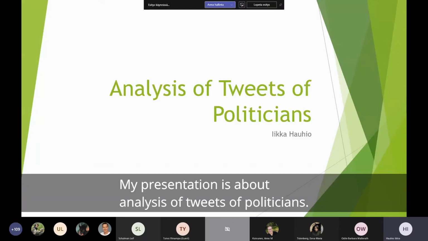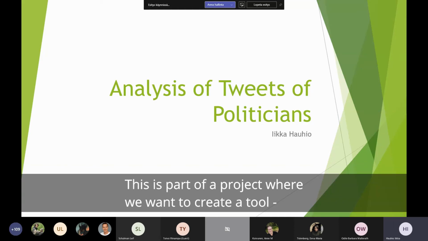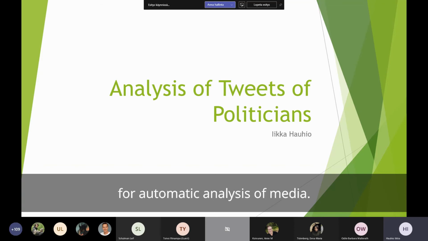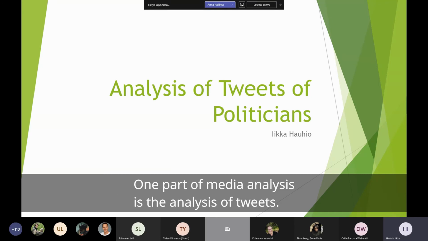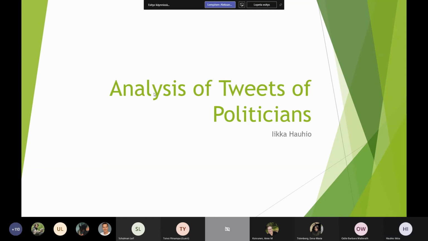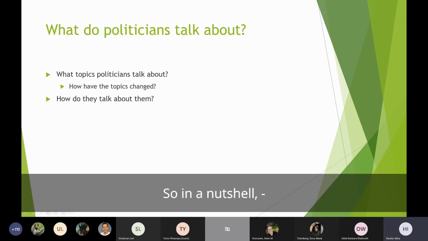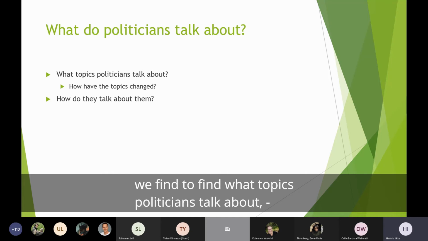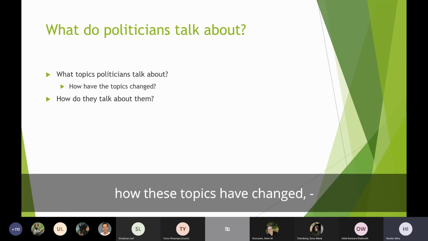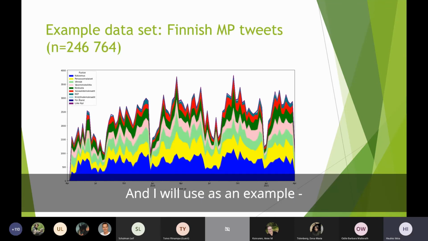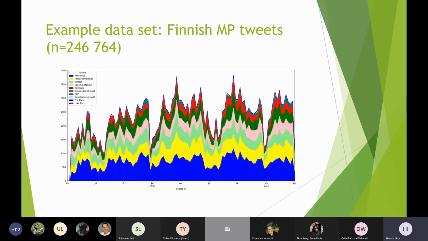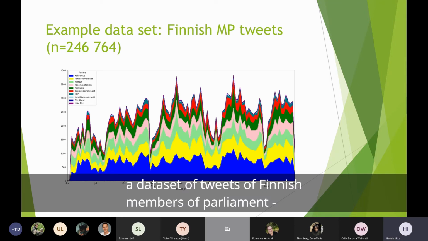So my presentation is about analysis of tweets of politicians, and this is part of a project where we want to create a tool for automatic analysis of media, and one part of media analysis is analysis of tweets. In a nutshell, we want to find what topics politicians talk about, how these topics have changed, and how they talk about them. And I will use as an example a data set of tweets of Finnish members of parliament